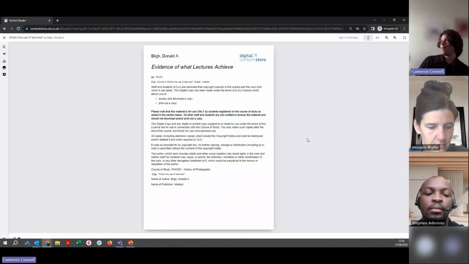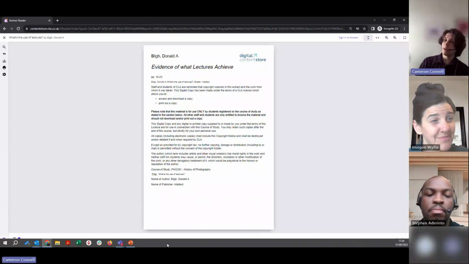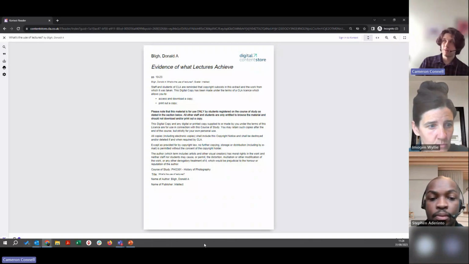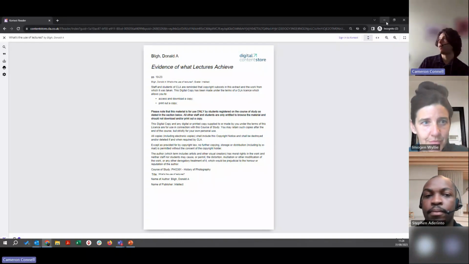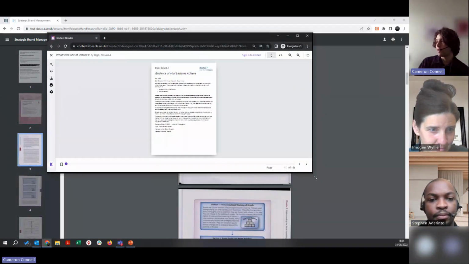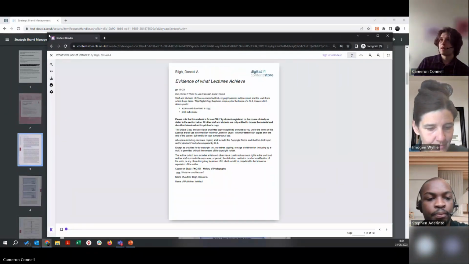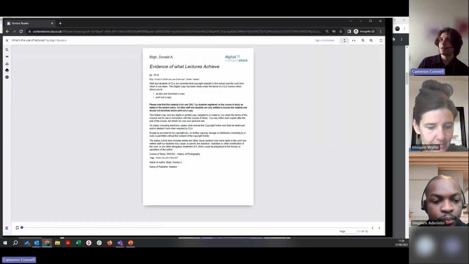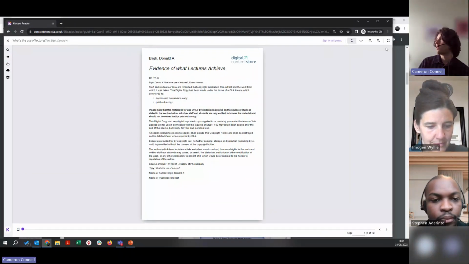Right, okay, so we're on the anonymous reader at the moment. Can everybody, Imogen, Stephen, see my little taskbar at the bottom of the screen here? You can, okay. Well, I'm just going to do a little bit of messing around with this because I want to show you how to navigate through. It's one of those things where you try it before and it's fine, and then you get to the actual day and, there you are.